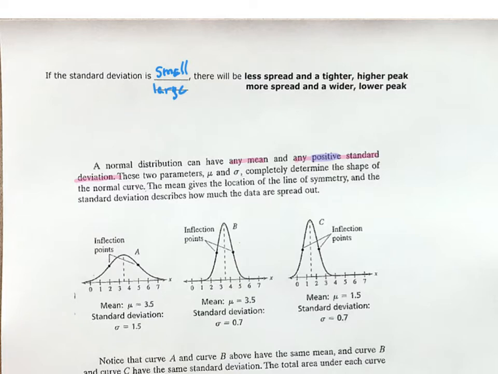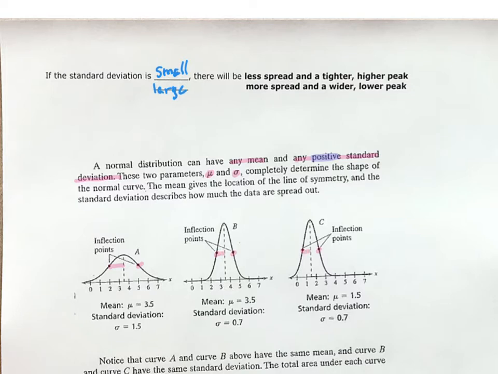So these two parameters, mean and standard deviation, the mu and the sigma, completely determine the shape of the normal curve. The mean gives the location of the line of symmetry, and the standard deviation describes how much the data are spread out. Take a look at these graphs. They are showing the inflection points, which is also considered change of curvature. That's showing what the distance is for our standard deviation